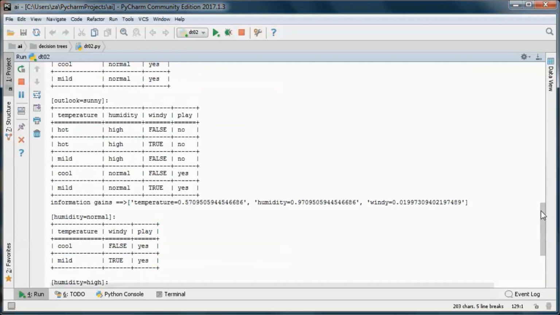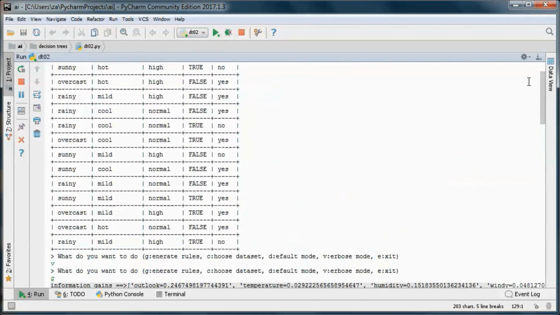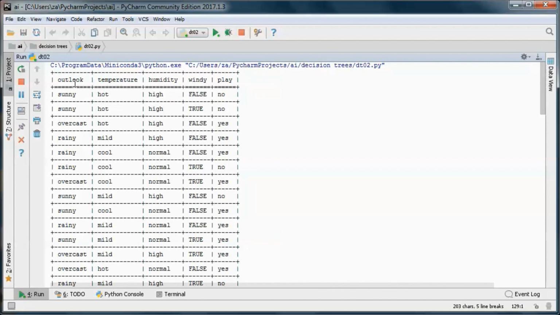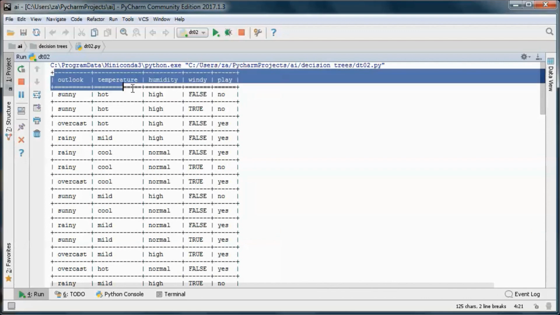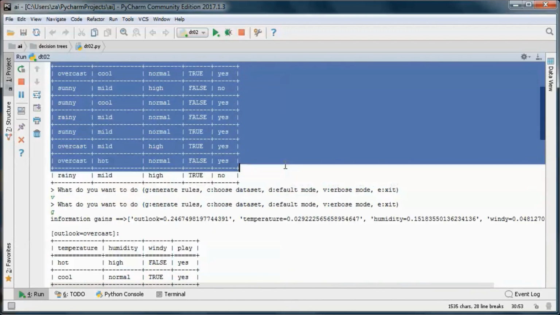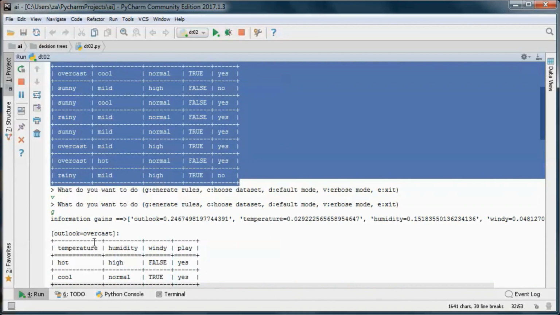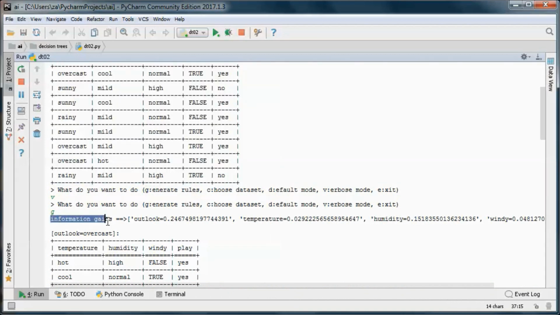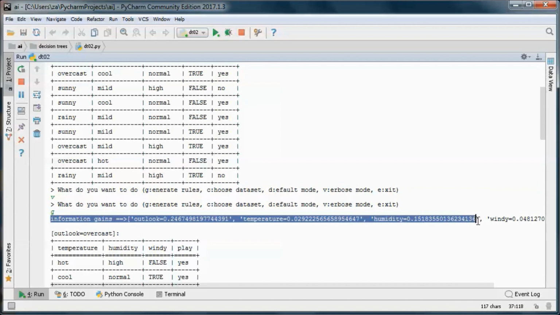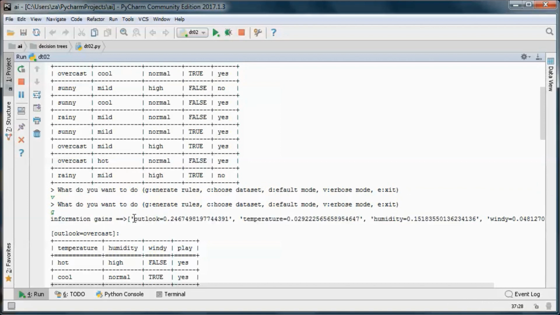And here for this data set, we calculate the information gains, and we find that Outlook has the highest one.